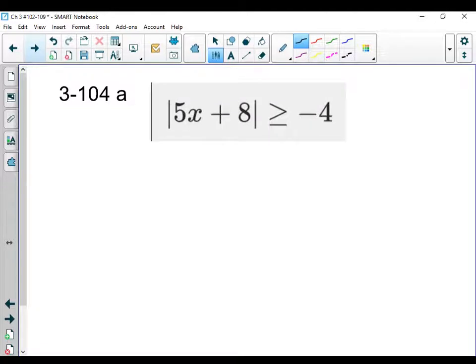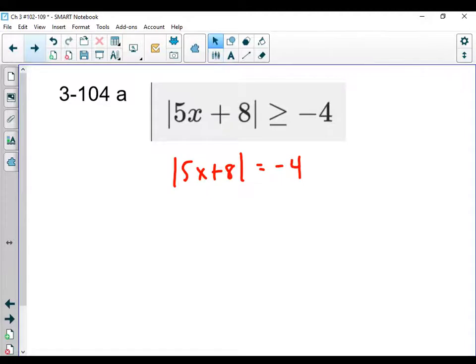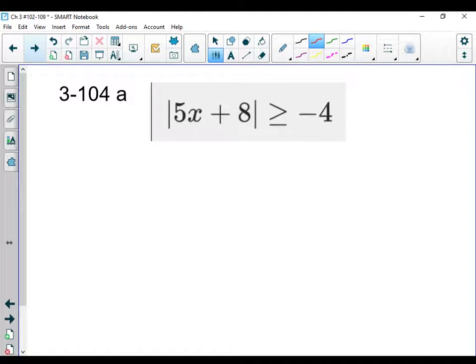It had an absolute value, but it also was an inequality, in this case greater than or equal to. What we'll start talking about is sometimes with inequalities, a better way to attack it is to think of this situation as an equation. So we know how to deal with absolute values if it's an equation because, actually, I didn't do a very good job of reading this question. If we look at the absolute value of 5x plus 8, if it's greater than or equal to -4,